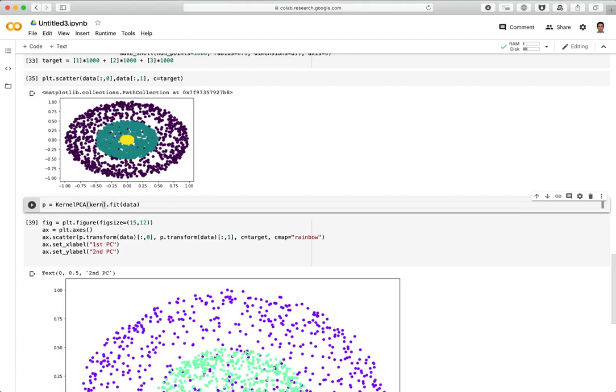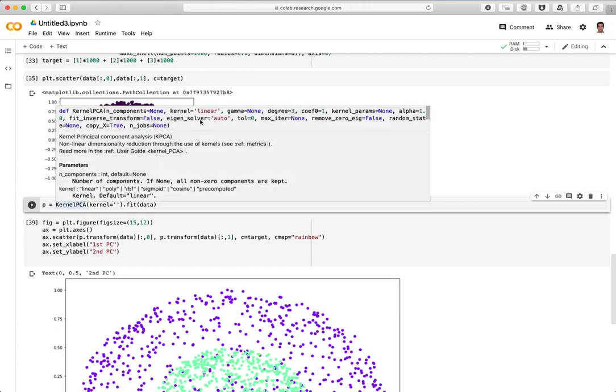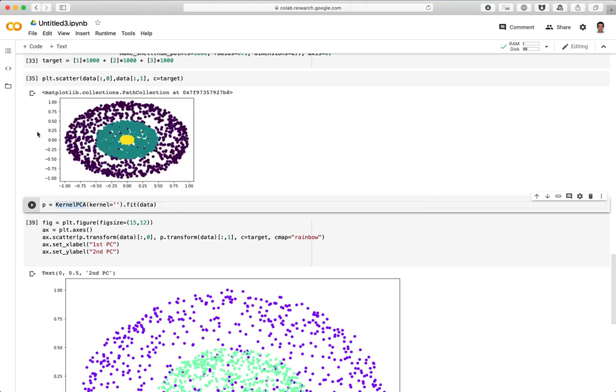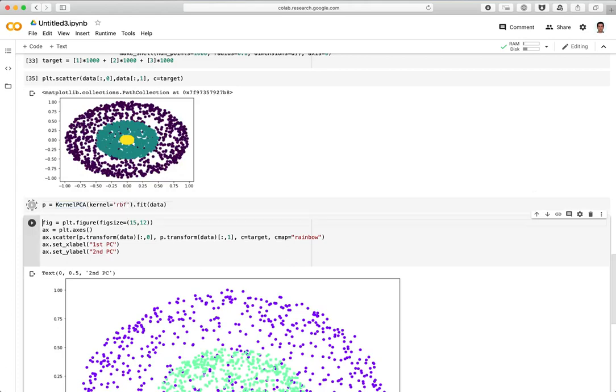So kernel is, I think it calls it RBF and not Gaussian, but you can always check. Kernel can be linear, polynomial, RBF, sigmoid, cosine, so on. We want the RBF one, that's the Gaussian. So RBF, fit it with the RBF kernel,